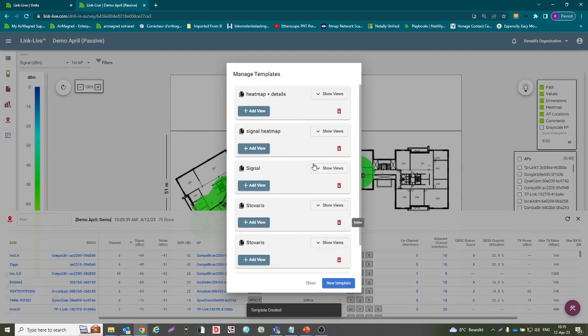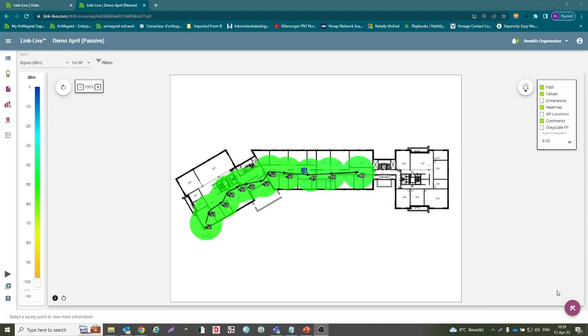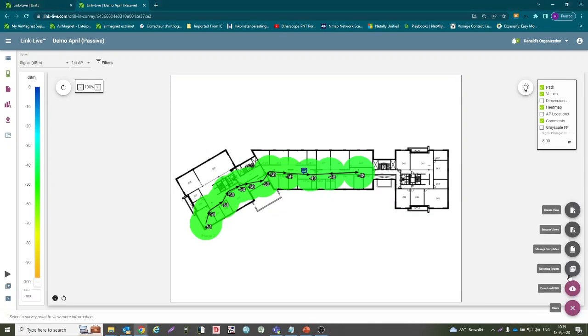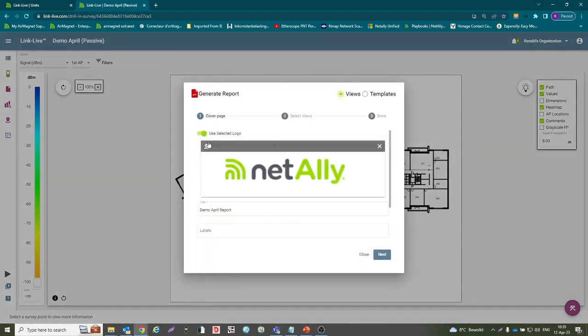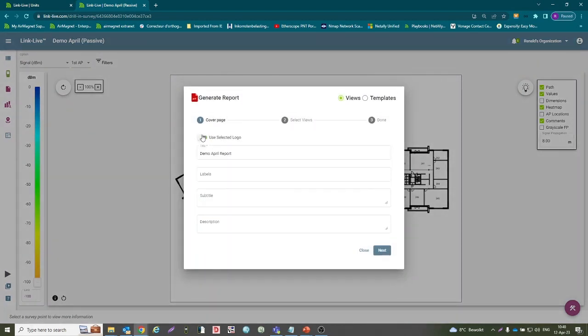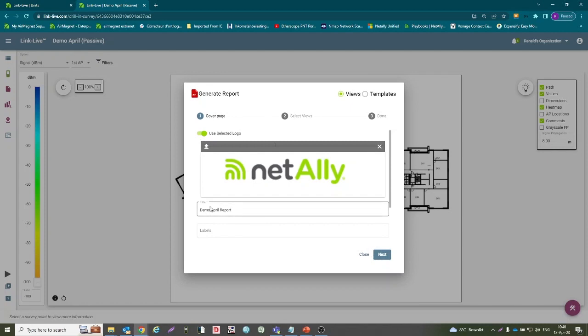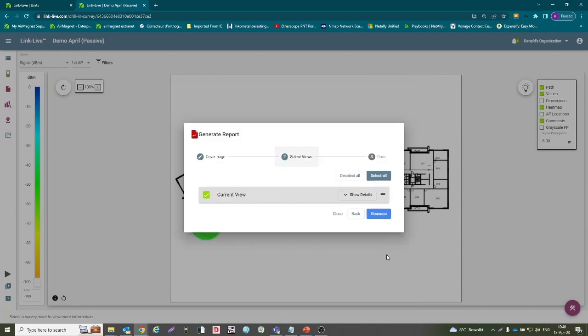And when you want to create your report, on the below right you will select generate report. In here you can have a logo from your company, you have the title here that can be changed, you say next, then select all, generate,